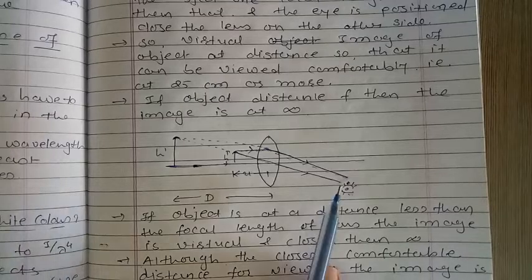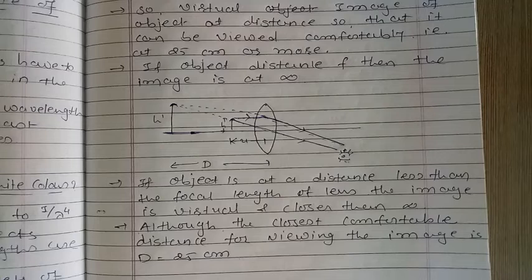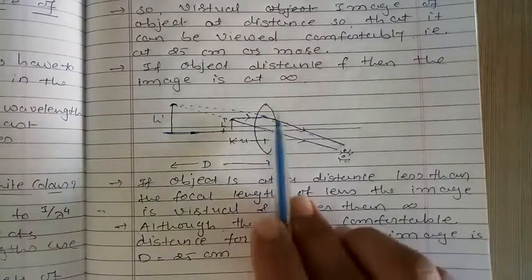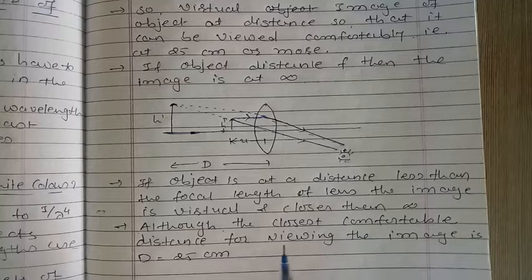Now we have to find out the magnification for the microscope, right? So here we know that the formula of magnification for a lens is m equals v by u. Here the microscope is one type of converging lens having a small focal length. So to find out the magnification,